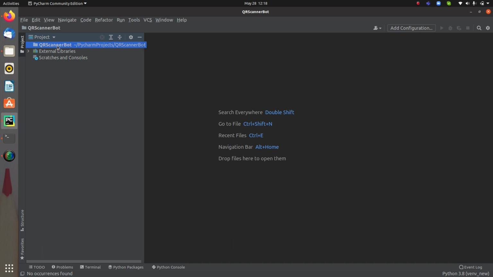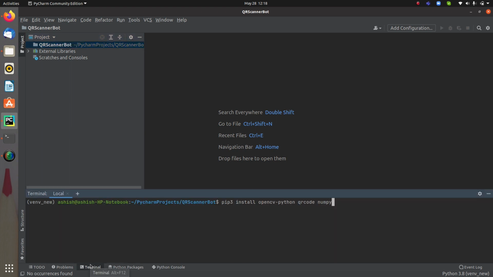For that, the first thing is that we will be installing a few packages that we need to link your Rasa chatbot, to create a QR code scanner and to further make the final product. So firstly, just go to the terminal, and inside the terminal you have to write this command: pip install opencv-python. This means we need to install Python OpenCV. You need to install that, plus you need to install qrcode and NumPy.